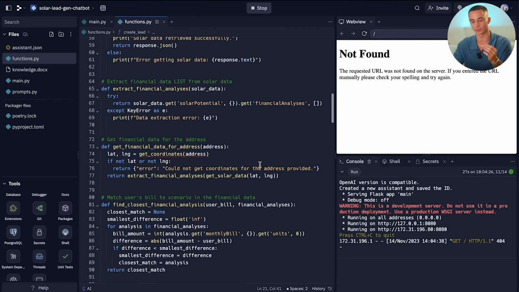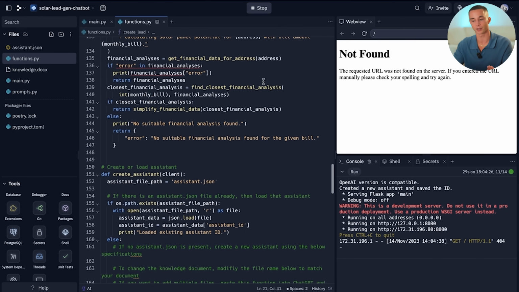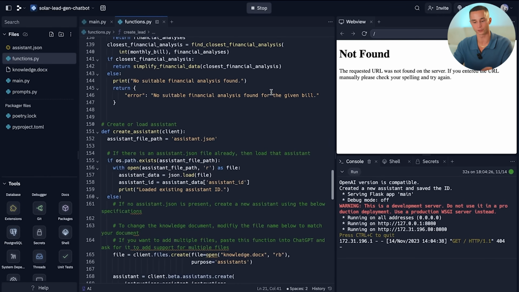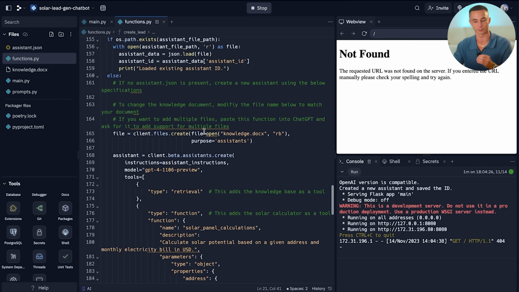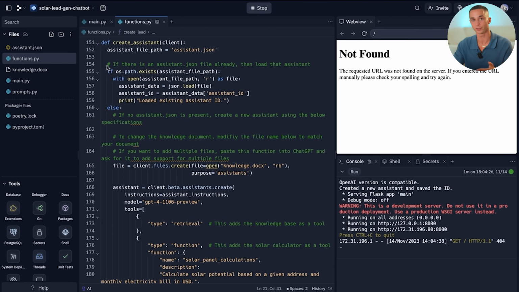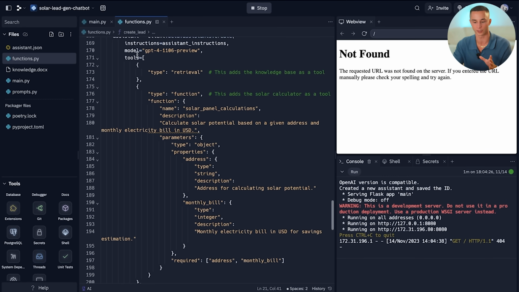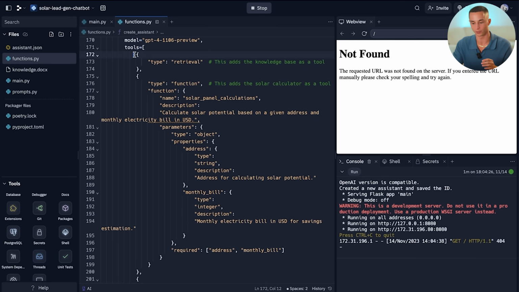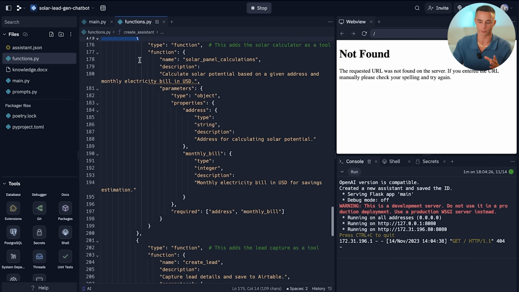The way that I've set this up is that the create assistant function will run at the start of every time you run the application. But what it's going to do is check in the left-hand panel for this assistant.json file. If there is none there, it will try to create a new assistant. Every assistant that you create on the OpenAI servers costs you an API usage. So you don't want to have creating a new assistant every time you run the app. So what this does is, if there is no assistant file available, it's going to go through the creation process and look at, okay, what model am I using? Okay, what tools am I using? Okay, I have this knowledge base, I have these two functions, etc. And it will sort of combine all those ingredients